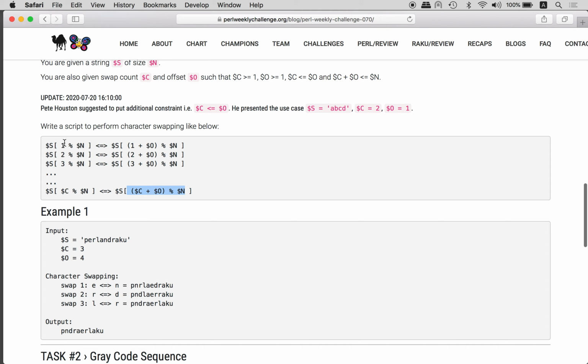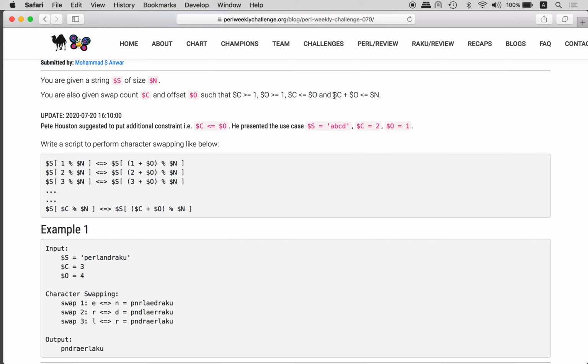There's no 0 here, so at first you can think that you never swap character number 0, but actually it can happen if this sum is N, and then you swap it with the character at position C. Again, the second note is that this modulo looks like it's not really necessary